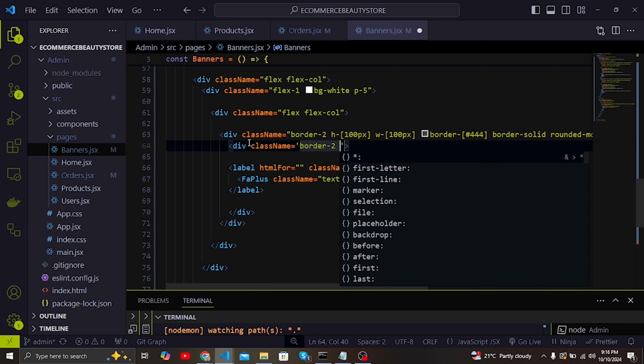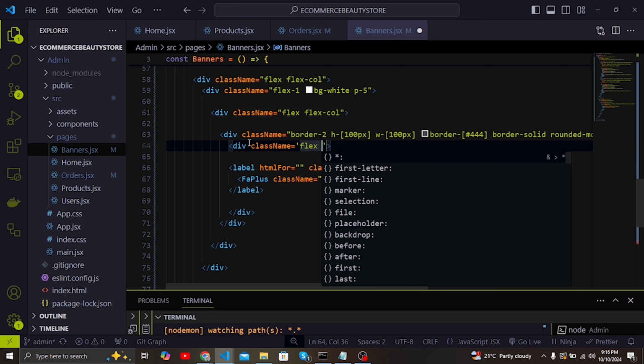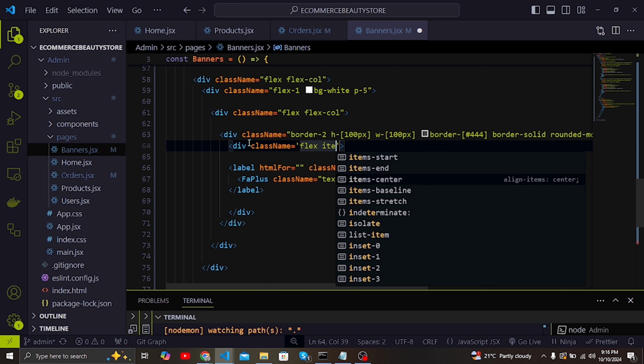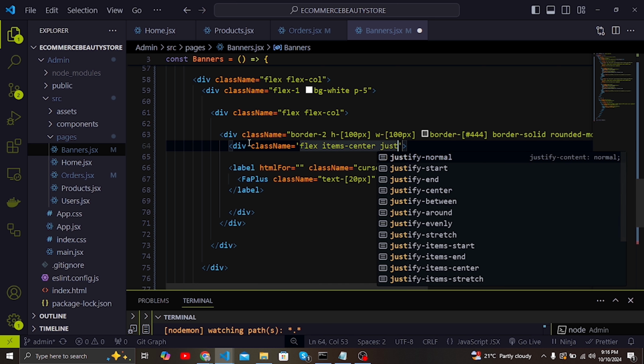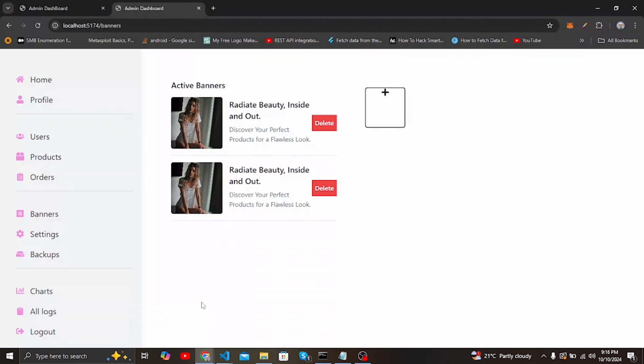And actually I think this one I can just say flex, and then I can add items center to be able to center this part. So justify also to be center. Let me see if this will center my content. Yeah, you can see